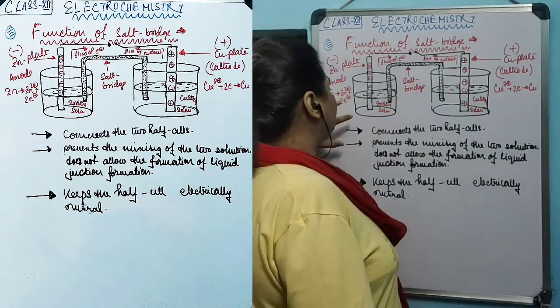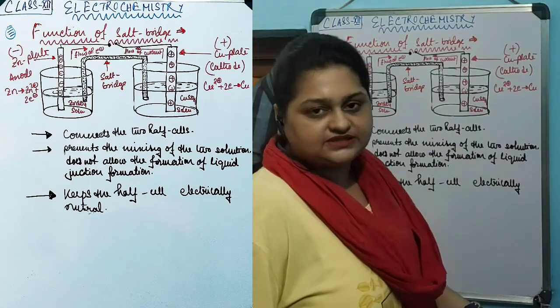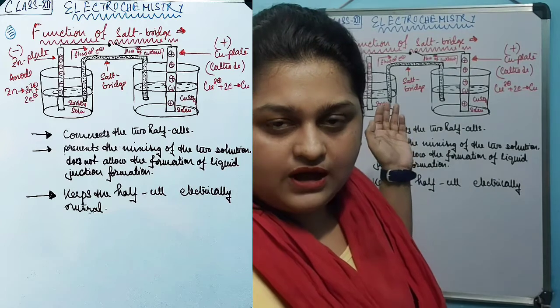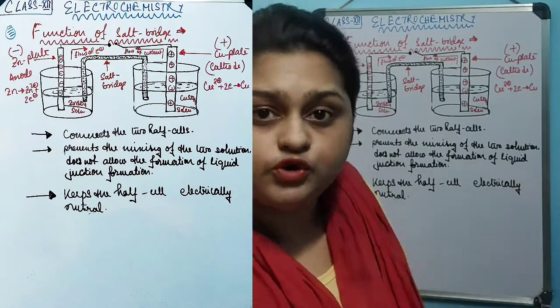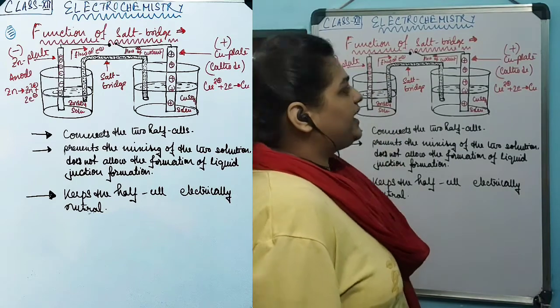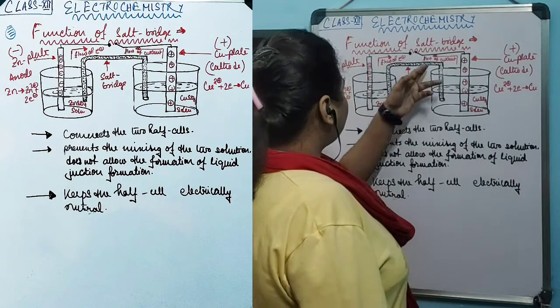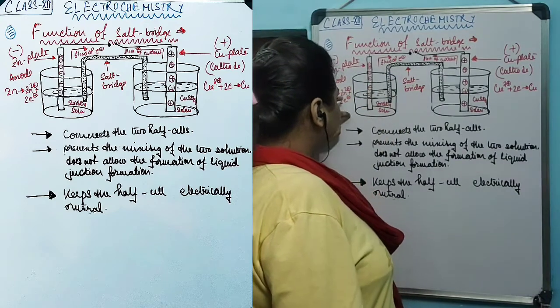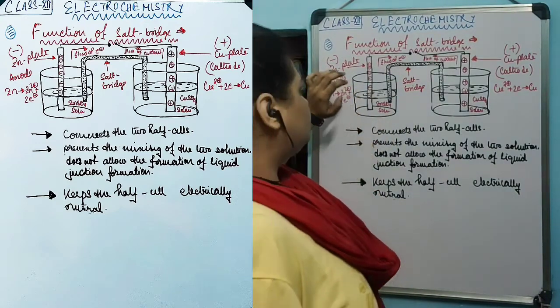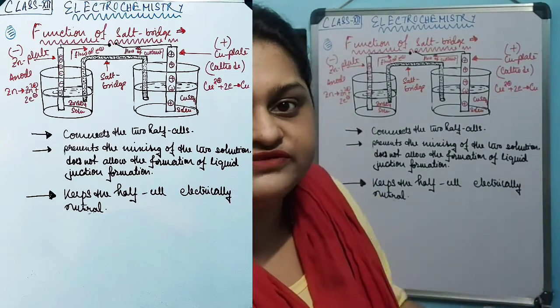In this case, where the concentration of Zn2+ is now much more compared to SO4 2-, the negatively charged electrolytic anion, like Cl- or NO3-, will move towards this left-hand side electrode solution and neutralize the excess amount of Zn2+